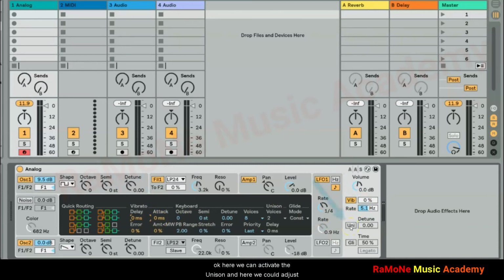OK, here we can activate the unison, and here we could adjust the amount of the tuning between the unison voices. Here we can choose between 2 or 4 voices of unison, and here we could adjust the delay between their voices. OK, here we can activate the glide mode, and here we could adjust the speed of the glide between